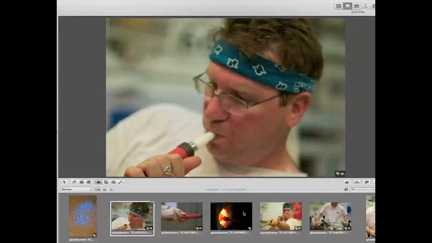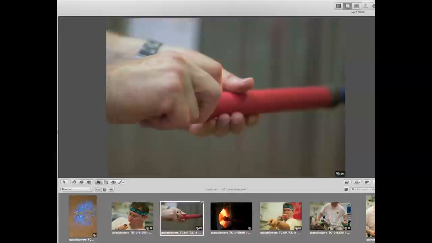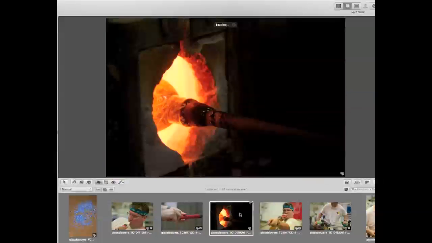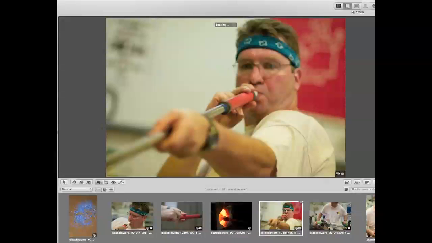Show some emotion. Also show some detail. In this case right here, he's working with this big long pipe, and so the detail of showing some hands could be very useful. Then there's also, here it is, the glass going into the oven, and then also some other angles